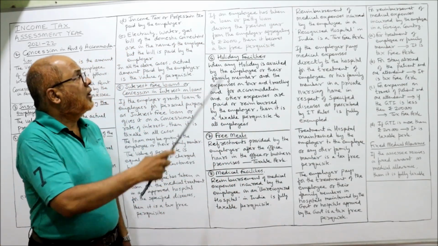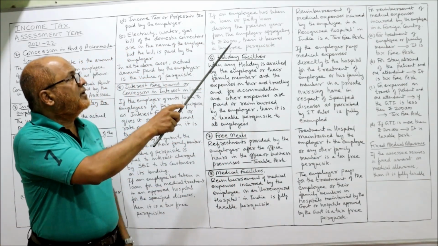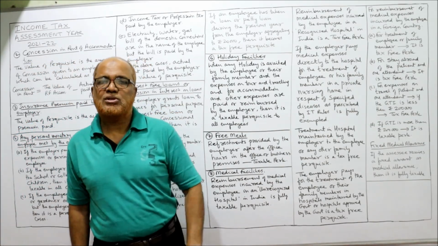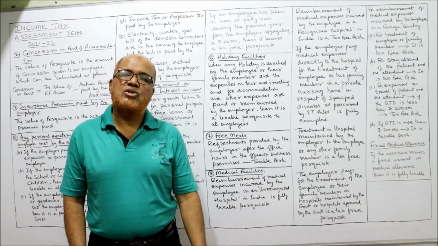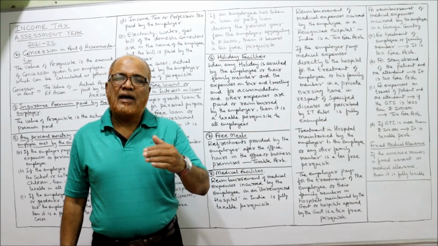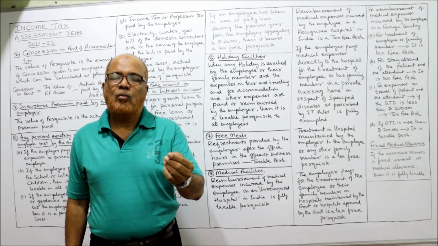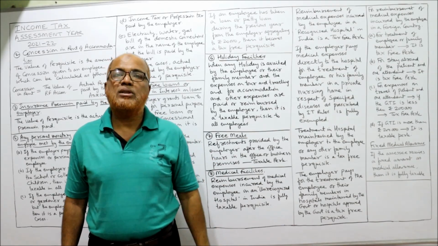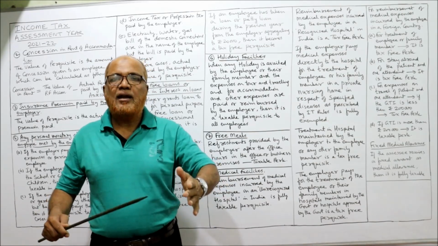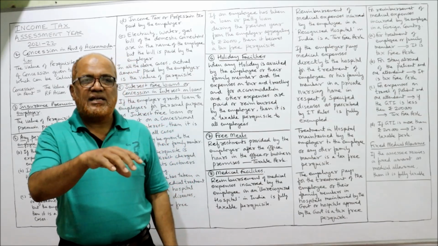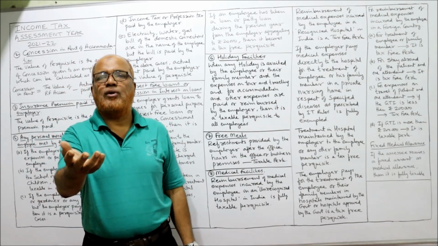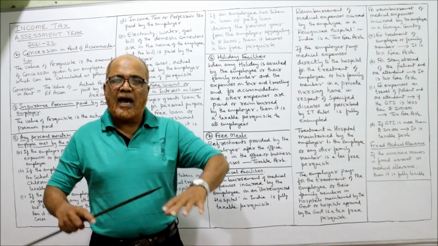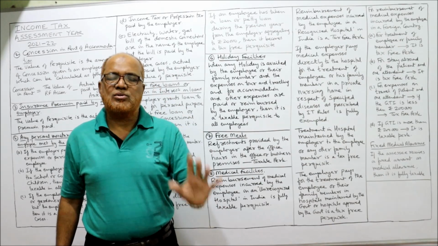Next one, if an employee has taken a loan or petty loan during the previous year from the employer aggregating 20,000, then it becomes a tax-free perquisite. One more very important provision you have to remember. If the employee has taken a petty loan, what is a petty loan? The loan of 20,000 and below, not more than 20,000, or aggregating 20,000. That means once he has taken a 5,000 loan, next time 2,000, next time 3,000,